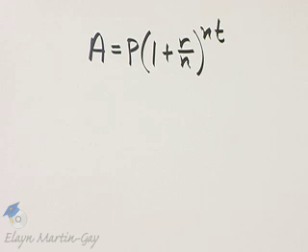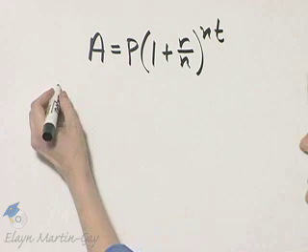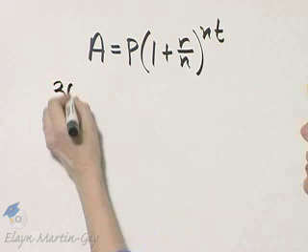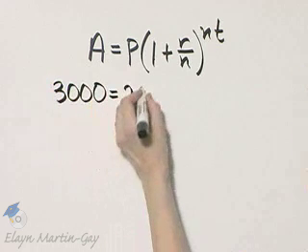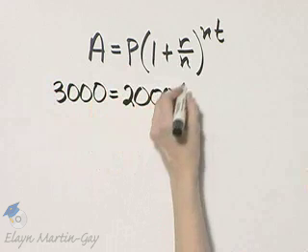Make sure you understand the problem. We want to know how long it will take $2,000 to grow to $3,000. So $3,000 is actually the amount we want to get to, given that we have a principal of $2,000 now,